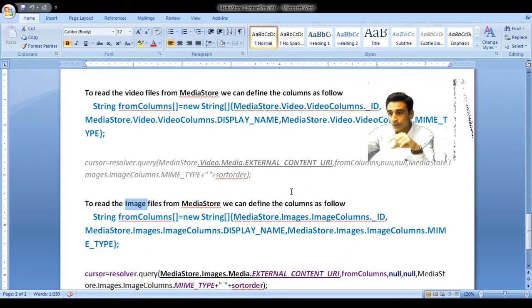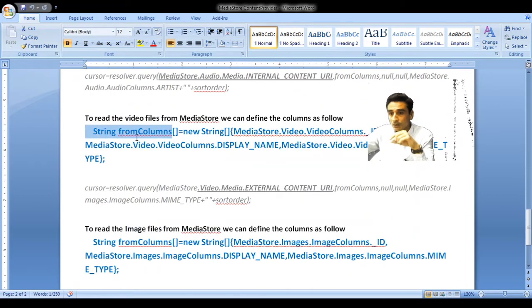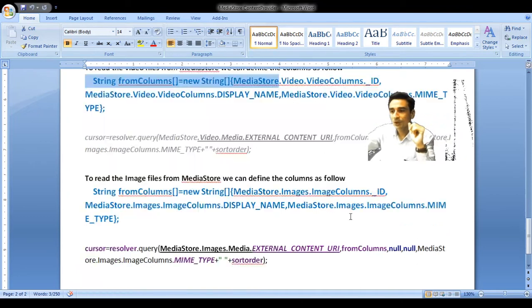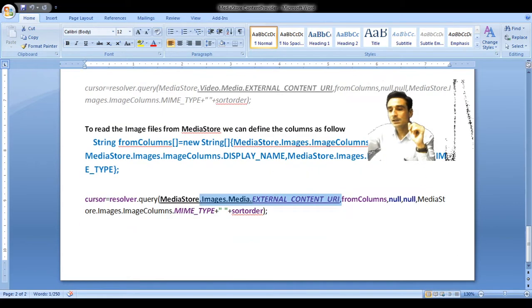You might have noticed that the URI and the names of the columns are in similar fashion: MediaStore.Images, MediaStore.Audio, MediaStore.Video, AudioColumns, VideoColumns and ImageColumns. The URI is MediaStore.Images.Media.EXTERNAL_CONTENT_URI. So let us move ahead.